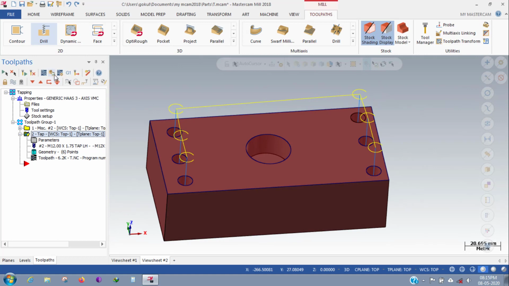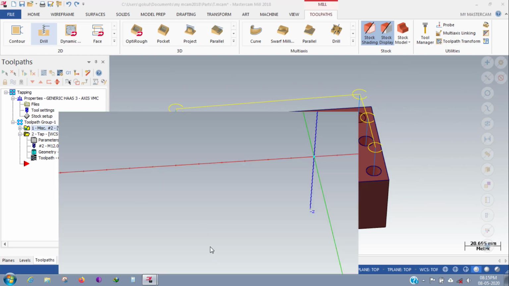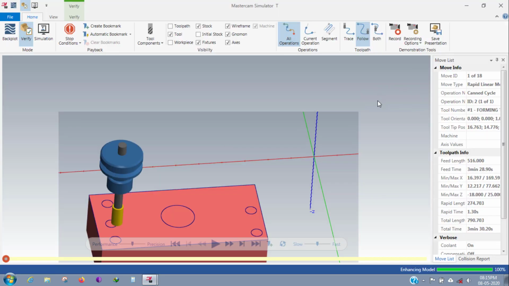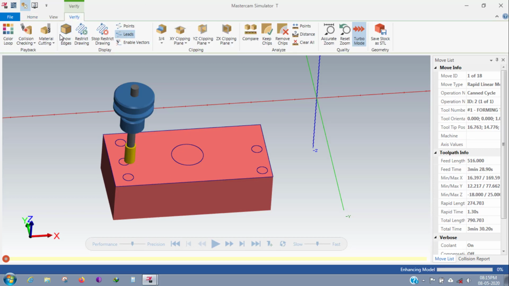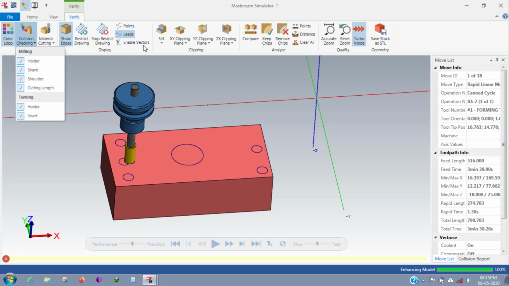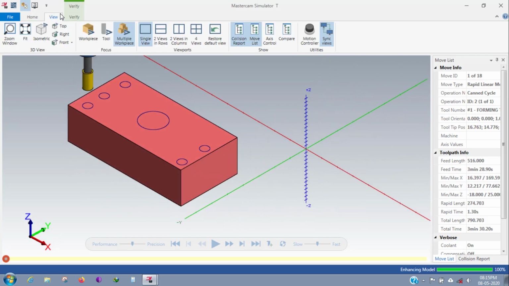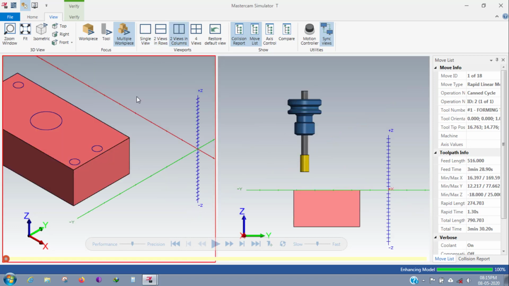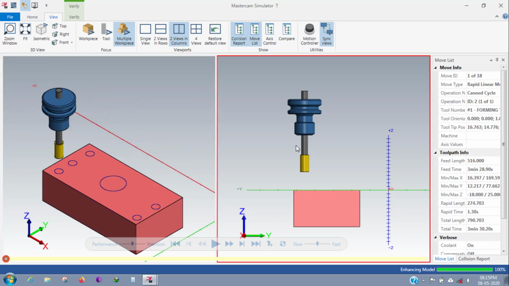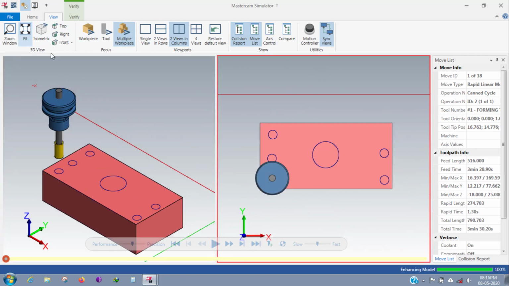Let's go and check, verify. The edges, collision, color loop, checking, remove the materials, giving isometric, and going with two views, and selecting fit and top fit.